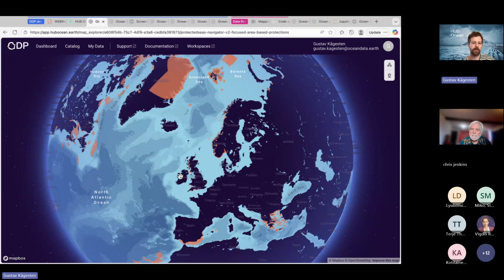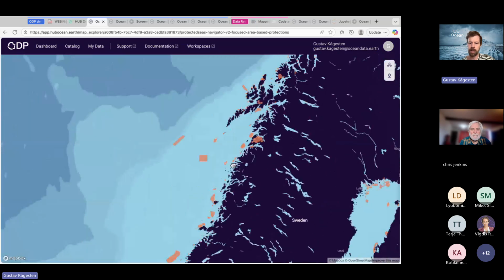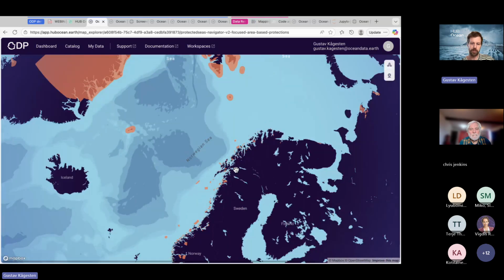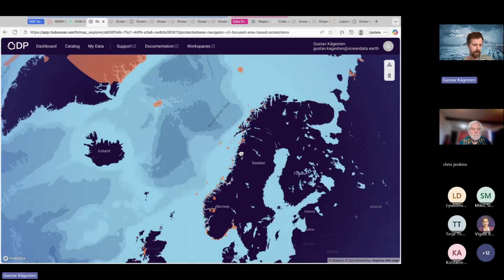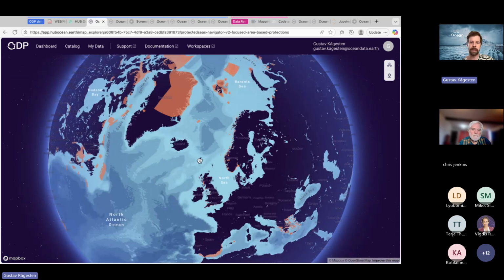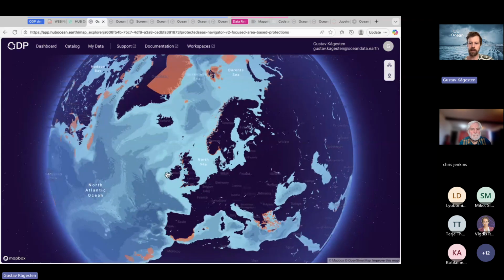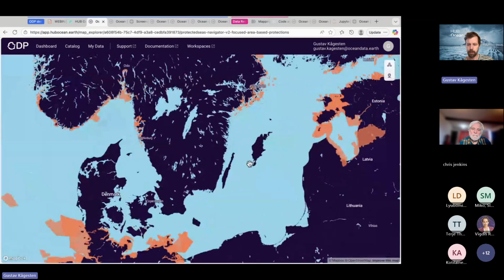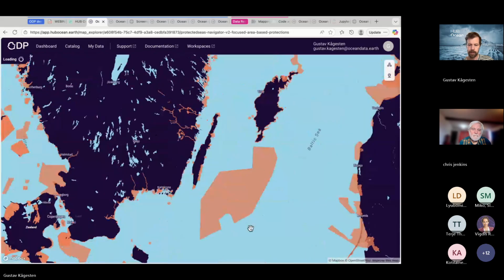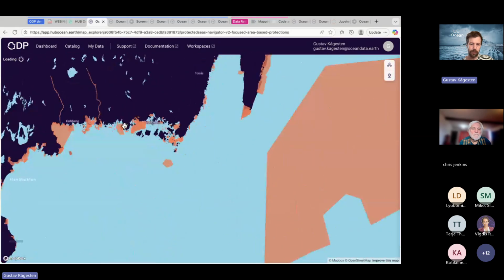This is something that can be quite hard for data that is very complex, so we have not yet made this a generic feature for the platform. We're still working on some of those really, really large data sets and how best to make this feature available. But it works quite nicely at this mid-level data set that the Protected Seas data represents. For example, if you zoom in here, you will get the full detail of the data.